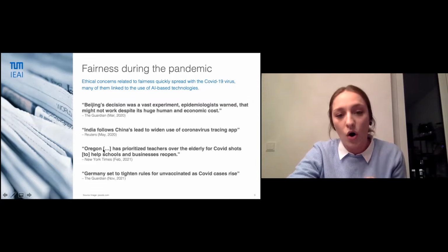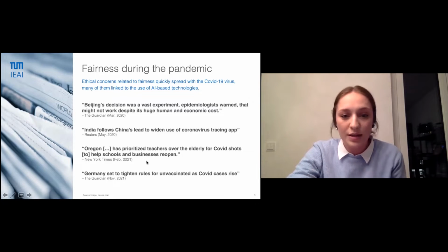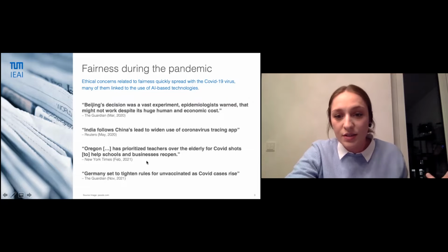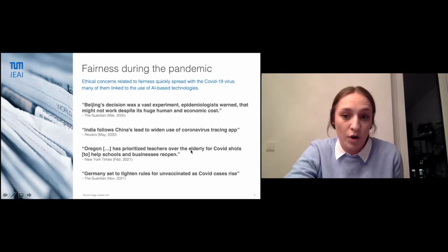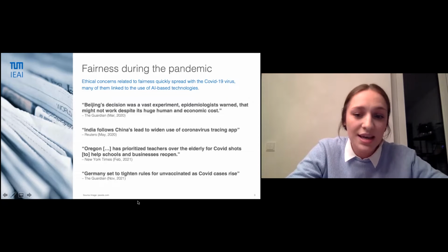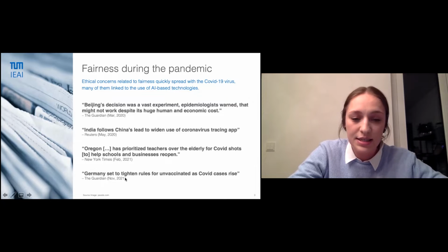So for example, Oregon has prioritized teachers over the elderly to help schools and businesses reopen. This could be seen as fair, but you could also argue that it's more important to help the elderly. Both seem in some way plausible. And then a last example that, at least here in Germany, is still very up to date, and that's the